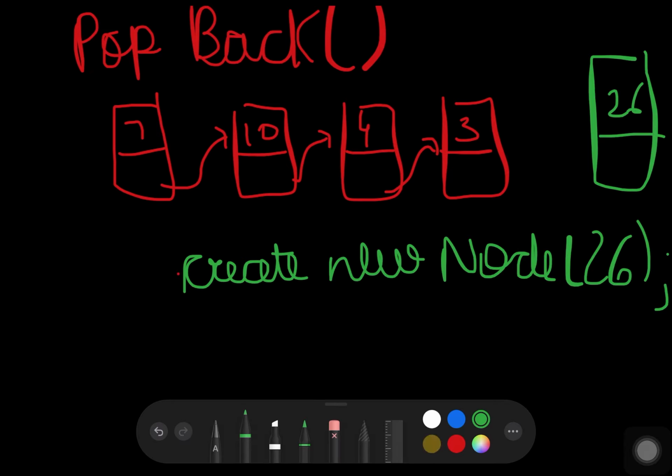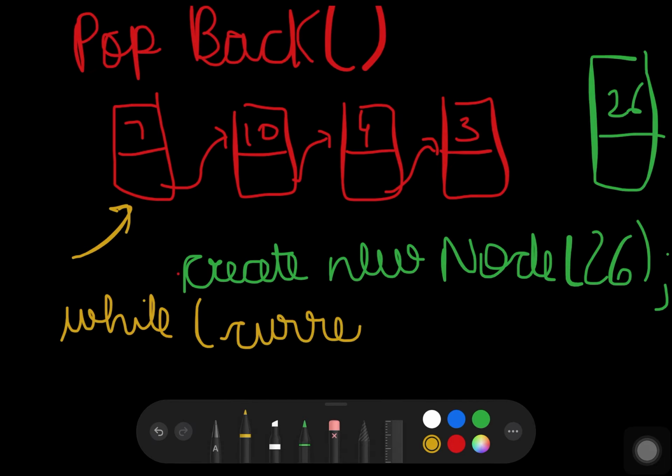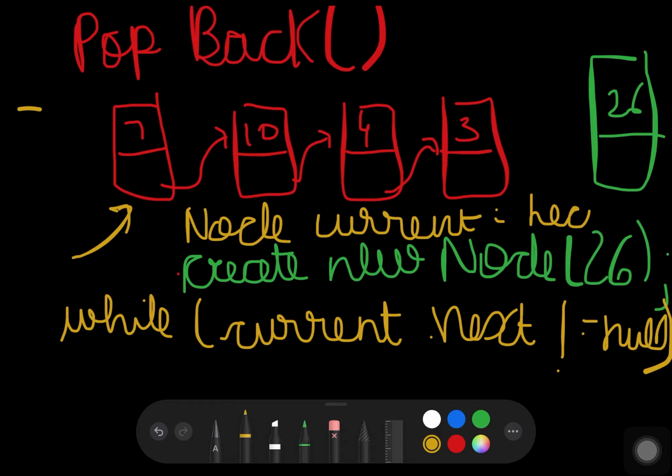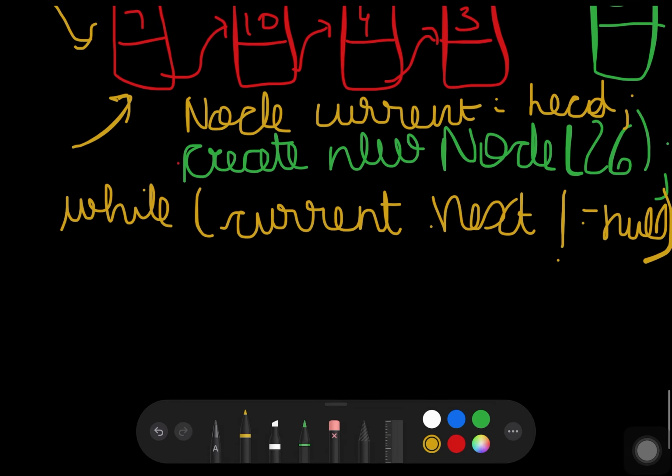So now we will start from this: while current dot next is not equal to null. First of all, let me define current. Node current is equal to head. It is used to refer to the head. Current is also pointing to the head but is a copy of the head, so the head remains here.